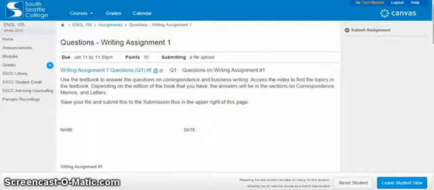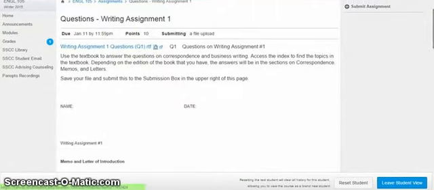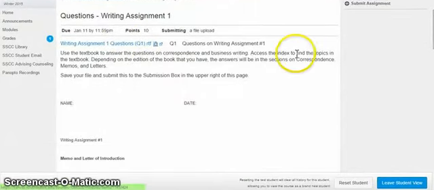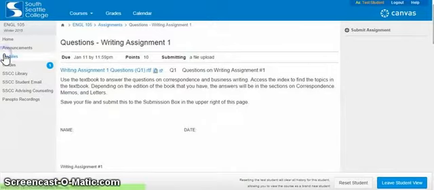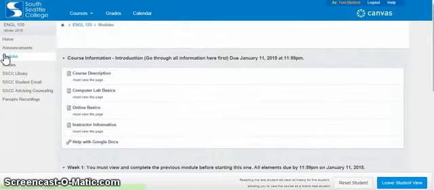There are questions on writing assignment 1. This is the same thing. You use the textbook to answer the questions on correspondence and business writing. Access the index to find the topics in the textbooks, depending on the edition of the book that you have. The answers will be in the sections on correspondence, etc. So that's it. That's week 1. And that's what you need to do in order to make sure